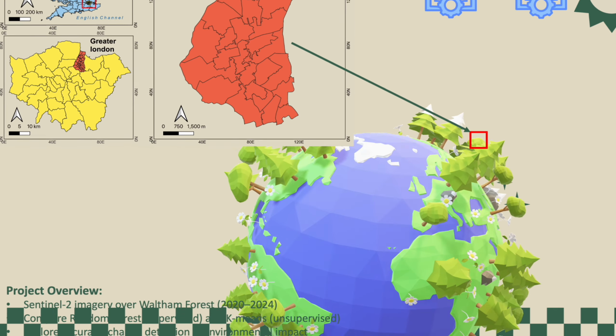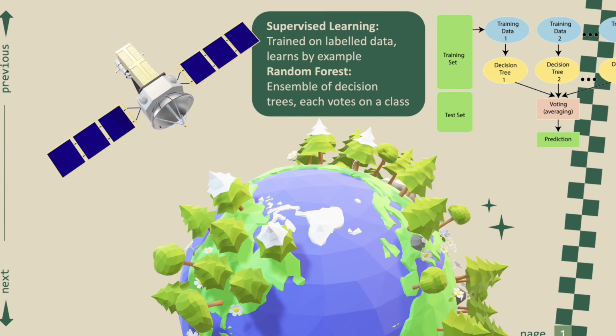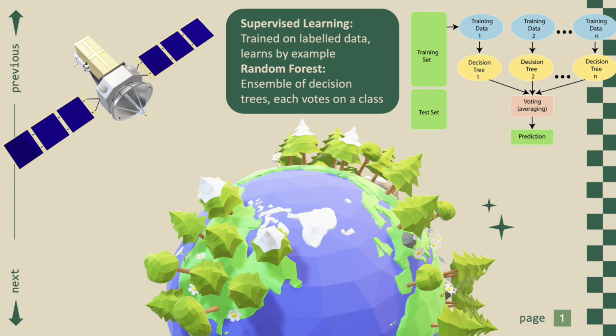This project compares two different machine learning approaches for classifying land cover in urban areas, using Sentinel-2 satellite imagery over Waltham Forest, London from 2020 to 2024. My aim was to explore how different algorithms interpret complex city environments and how this affects both performance and environmental cost. Machine learning can help us classify satellite images by learning patterns in spectral data, but how we guide that